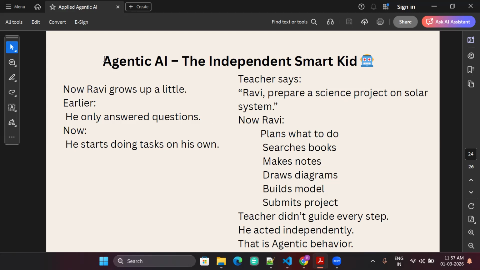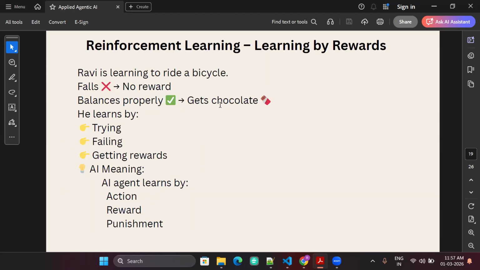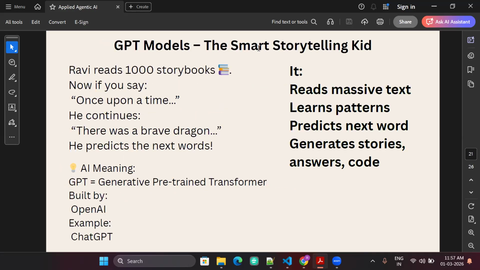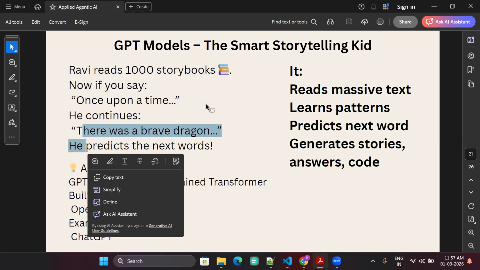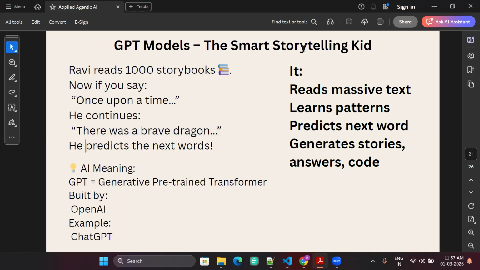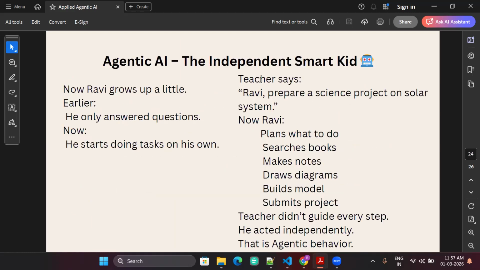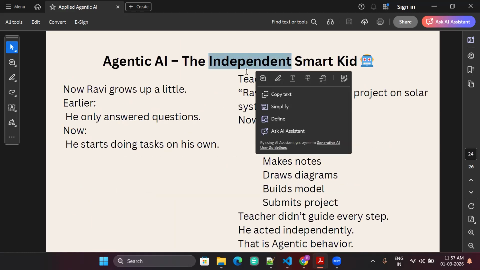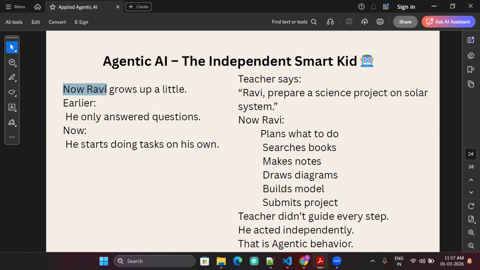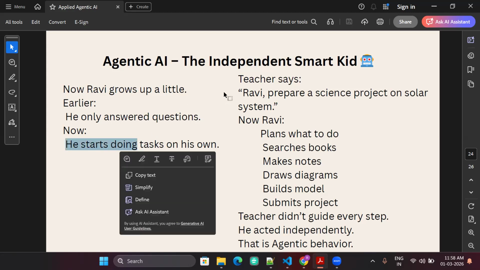But yes, now if we talk about agentic AI, how is it different from the smart kid storyteller? Here we had this smart storytelling kid who was only trained in this and was able to tell stories. But now, let's say this kid becomes bigger and grows, then he is able to take independent actions. So now Ravi grows up a little bit. Earlier he was only answering questions. Now he starts doing tasks on his own. Example: if